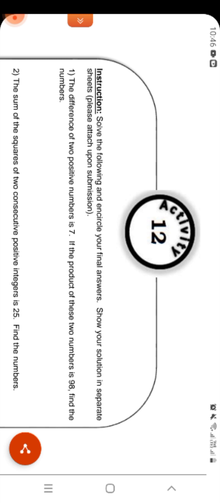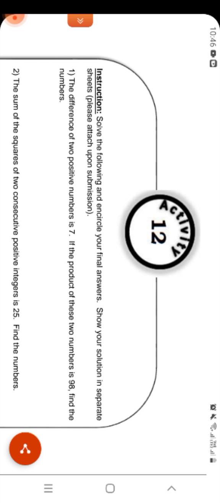So, this is a video recording of the solution for activity number 12 for Math 9. Solve the following and encircle your final answers. Show your solution in separate sheets. Please attach upon submission. So, number 1,